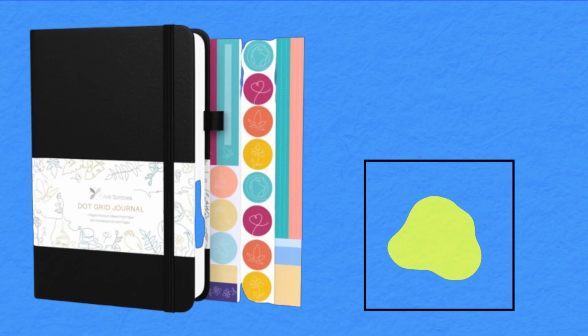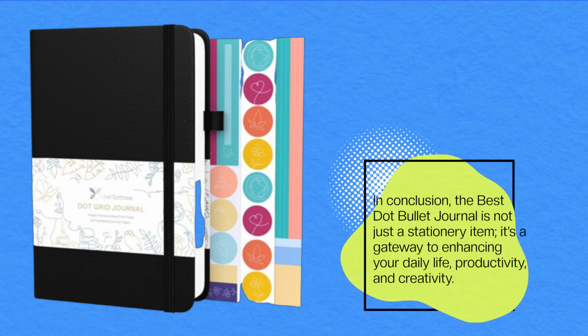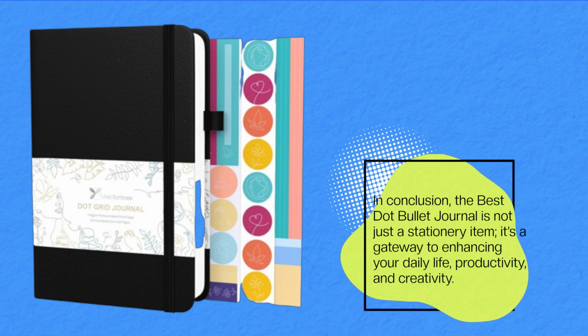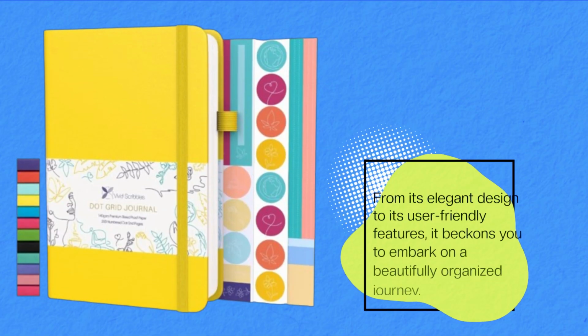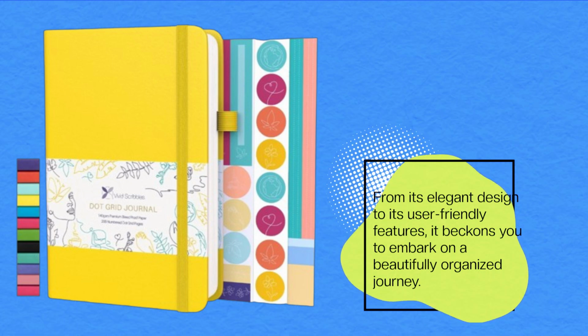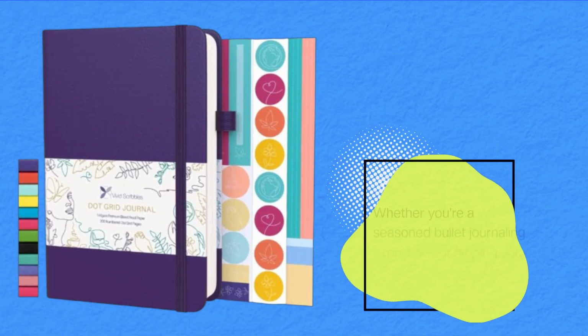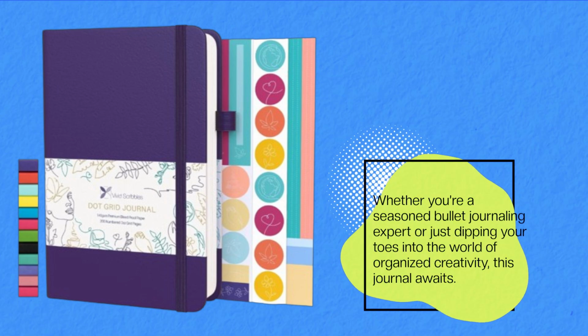In conclusion, the best bullet journal is not just a stationery item. It's a gateway to enhancing your daily life, productivity, and creativity. From its elegant design to its user-friendly features, it beckons you to embark on a beautifully organized journey. Whether you're a seasoned bullet journaling expert or just dipping your toes into the world of organized creativity, this journal